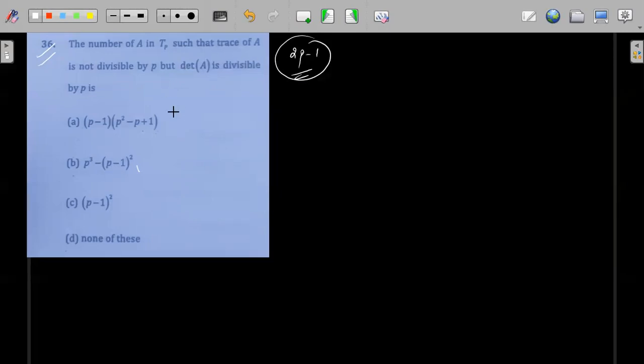Whose trace is not divisible by P means what is the trace? Trace is the sum of all the principal diagonal elements. In this case, trace of A will become 2A, because the determinant is of the form of A and these are the other elements. So that means 2A should not be divisible by P, but determinant of A should be divisible by P, right? So in this case,